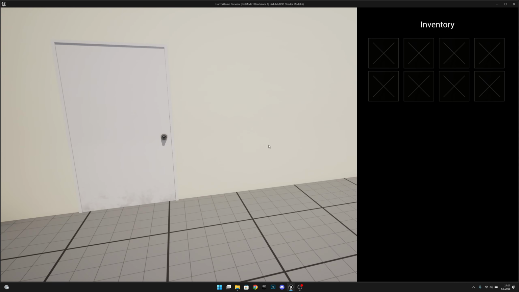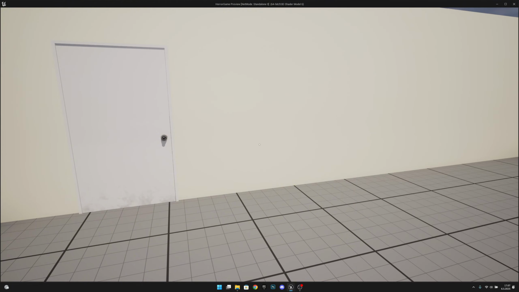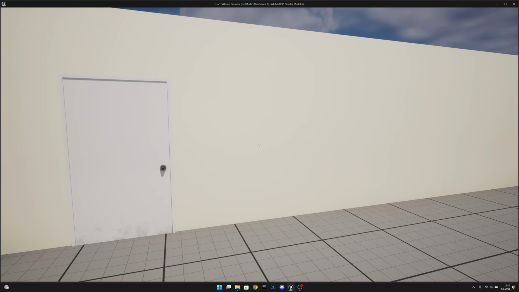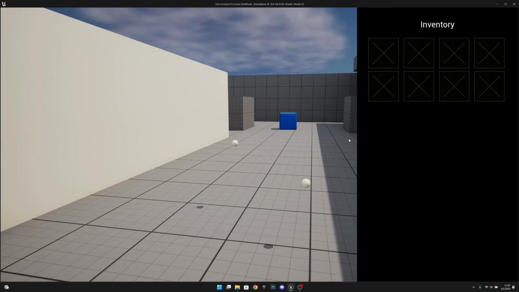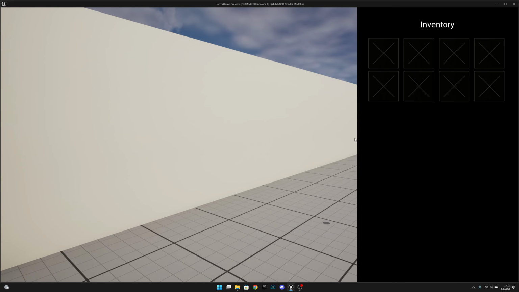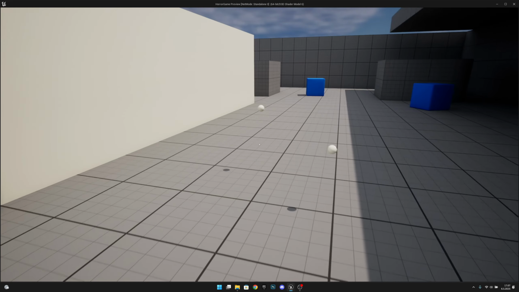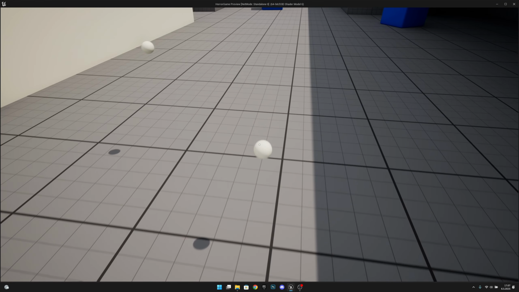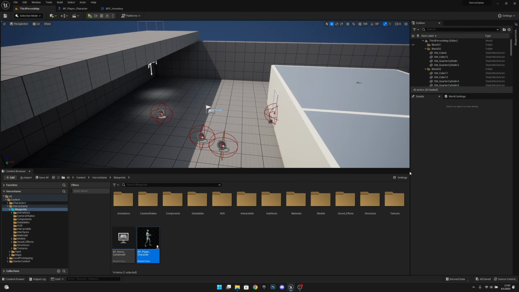Now when we are in the inventory, we cannot jump, nor can we track on the screen anymore, or it will not do this little movement anymore like that. Now let's try one more thing. So we have these test items. So let's go to